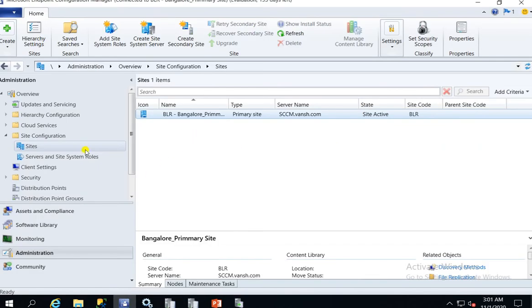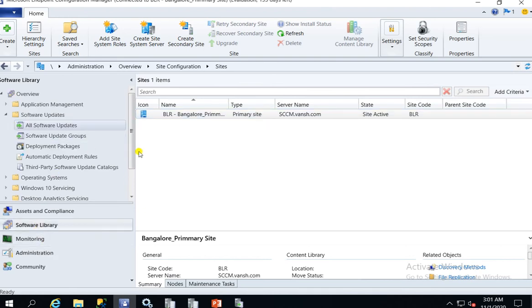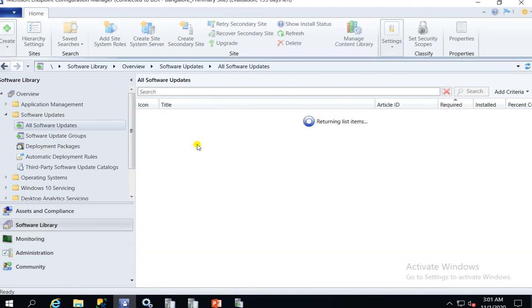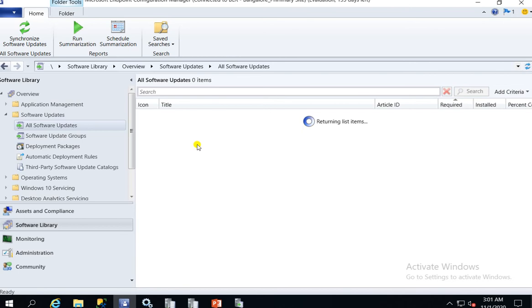After this, the patches will show here. After this process completes, all my patches will be reflected in All Software Updates. After the synchronization, you can create a software update group, download, create a deployment package, and deploy in production.